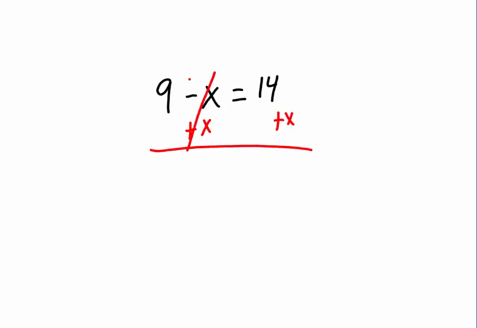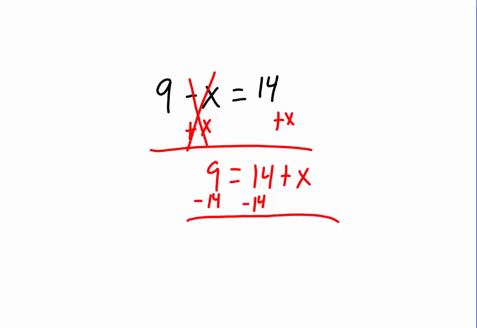That gives me, these go away, and I got 9 equals 14 plus x. And now I've got 14 plus x, so I got to go minus 14, and x equals negative 5. Okay, that is one way to do it. The other way to do this